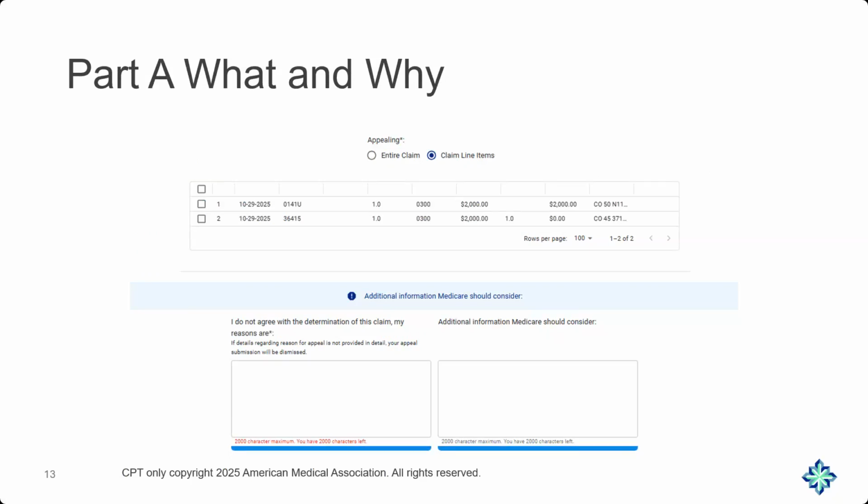The first box is required, and it allows you to explain why you do not agree with the initial determination. The second box is optional, and it allows you to enter additional information that you would like Medicare to take into consideration. Now, if you are resubmitting the redetermination more than 120 days after the initial determination was made, you